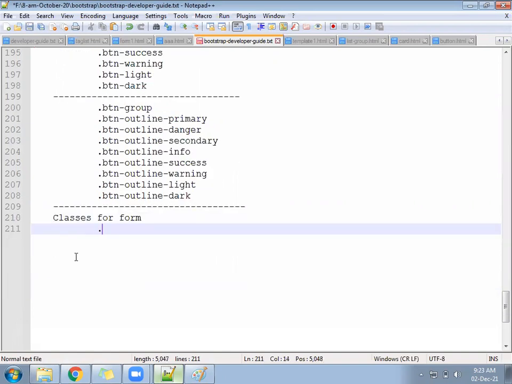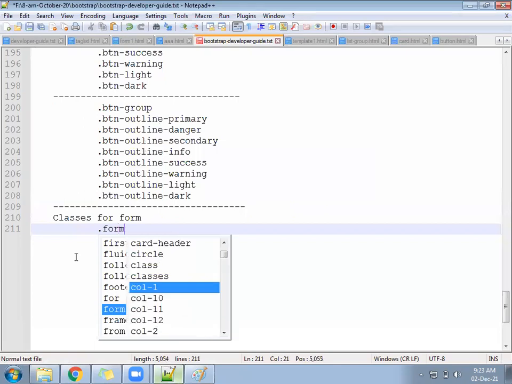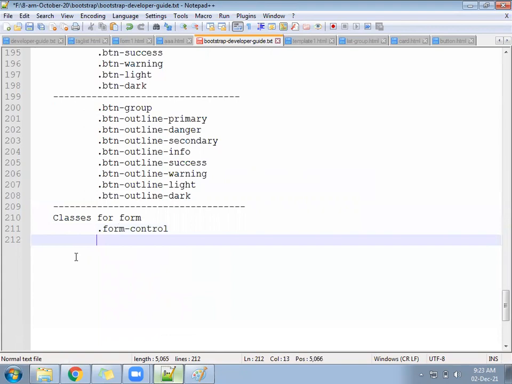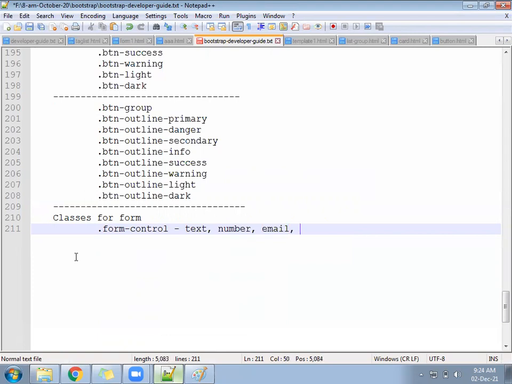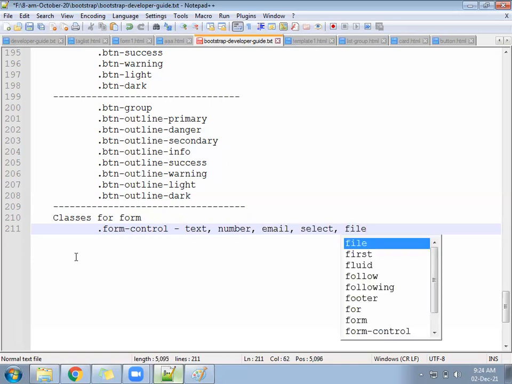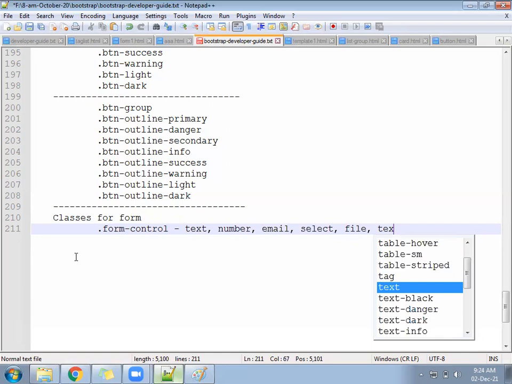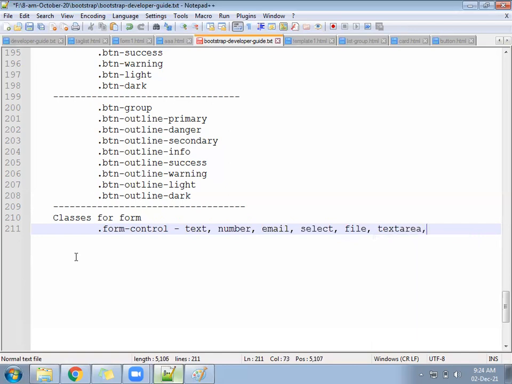We have a class called form-control, then size-related classes. This form-control is applicable for type text, number, email, select, file, and textarea.